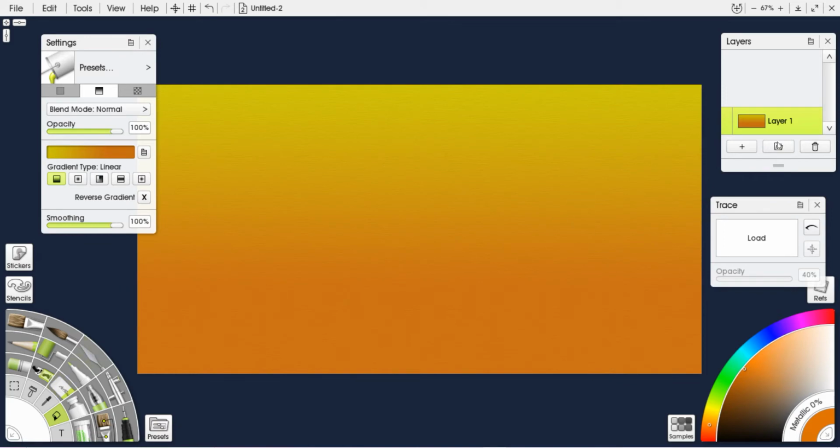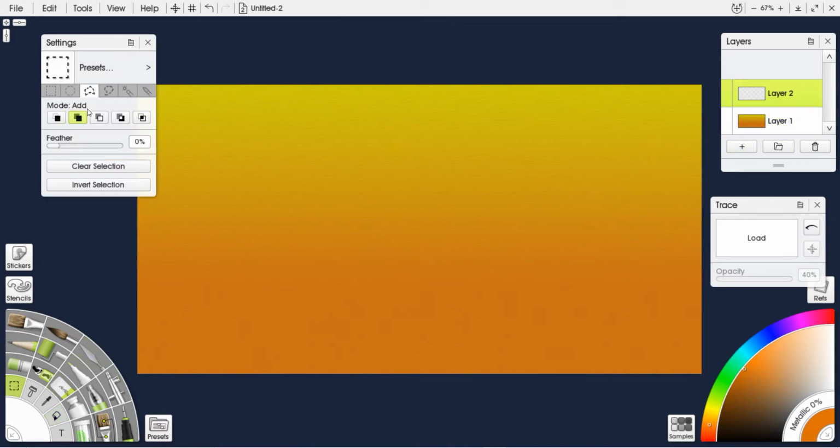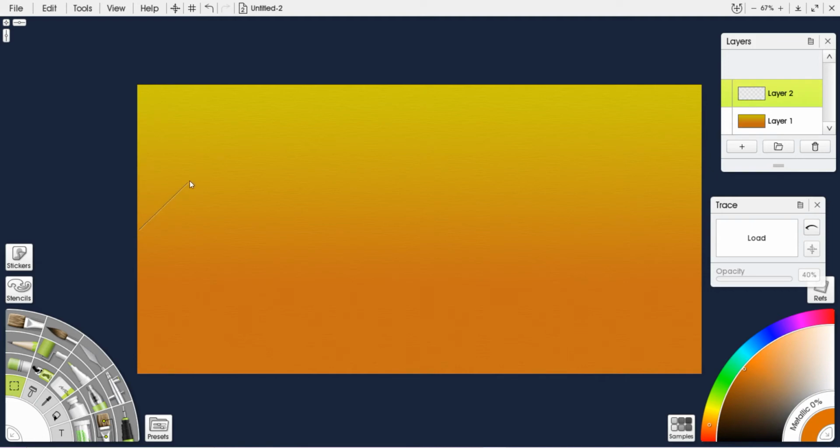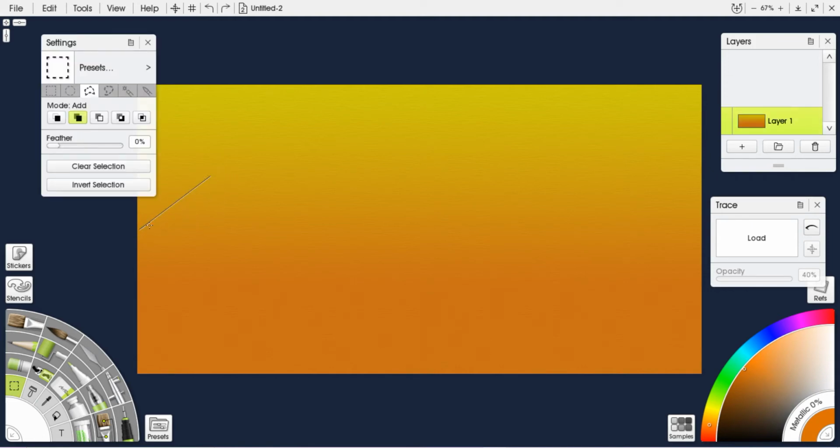Next, here I am using the lasso tool for a mountain setup. Using the lasso tool, we can draw illustrations very easily. Here you see that I am trying to draw a mountain setup using illustration. It's very